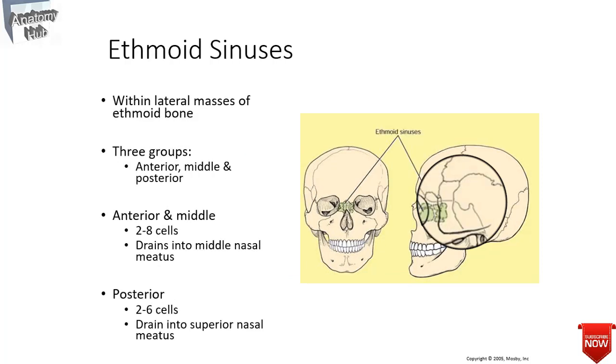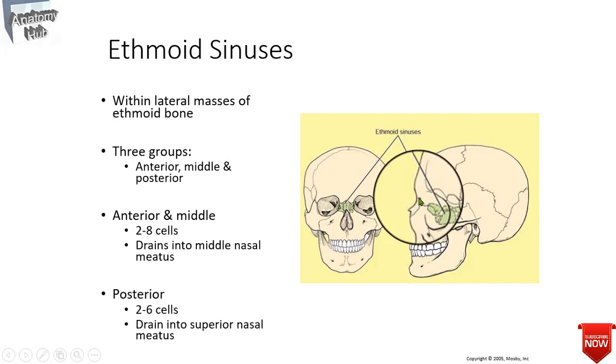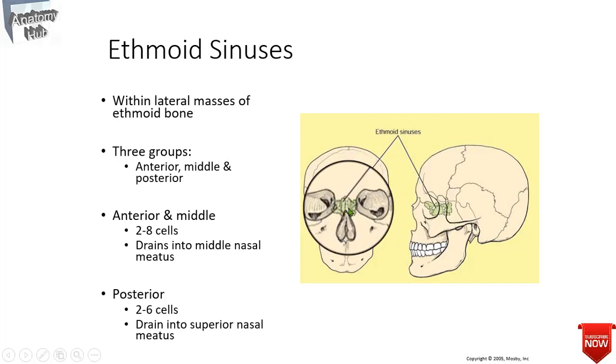Then here you will see the ethmoid sinus. So the ethmoidal sinus is actually thin walled cavities in your ethmoidal bone, mainly the ethmoidal labyrinth. Three large to 18 small sinuses unite together to form this ethmoidal sinus.